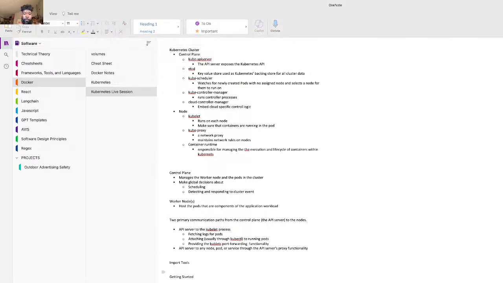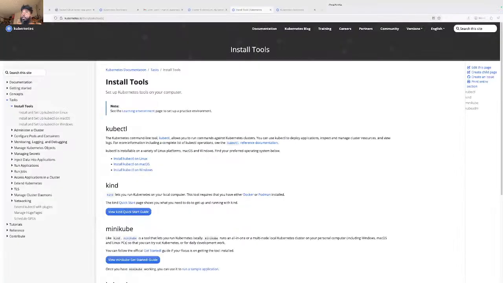All right, so kubectl is, let's plug this into Notion: the Kubernetes command line tool allows you to run commands against Kubernetes clusters. Okay, that makes sense.